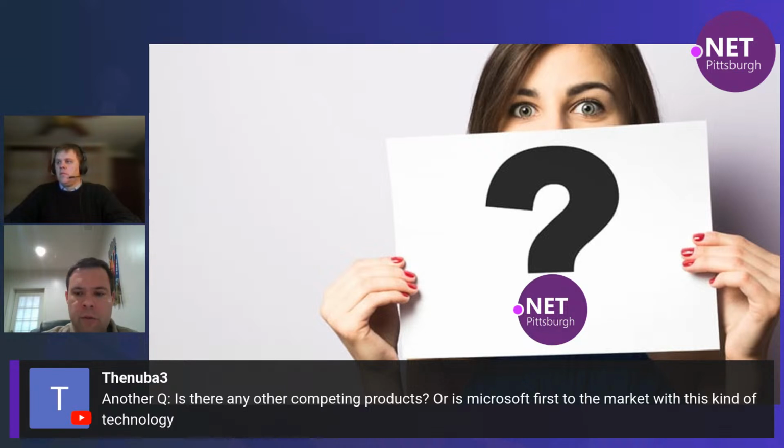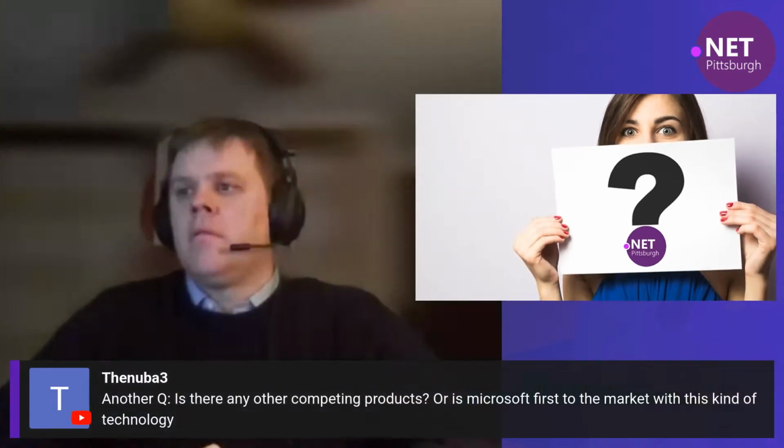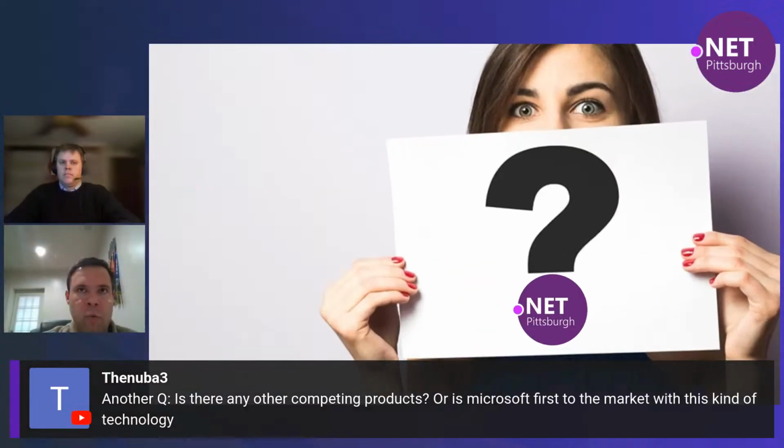And then the next question is whether there are other similar products, and that's a good one. The one that is probably more known than Semantic Kernel is LangChain. I think that's probably the most similar one. I personally don't have much experience with LangChain, but from what I've seen in simple demos, it does have very similar concepts. LangChain works with Azure AI products, so I wouldn't call it a competing product. It's just a similar SDK, a similar framework, right?